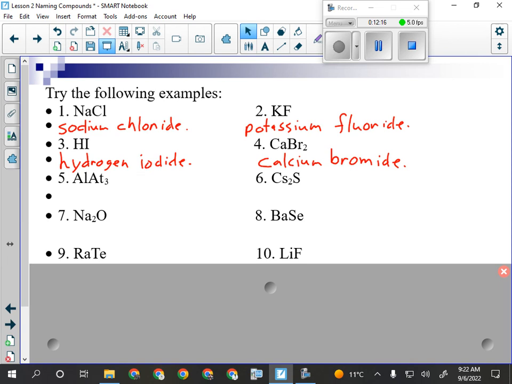Try those ones. Give you a few minutes and we'll go through them together. Let's have a look at number 5. How many people are done, let's say, up to 10? Okay, perfect. All right, so number 5, we've got aluminum and we've got astatine, which will change to astatide, because that's what we have to do for an ionic compound. So we'll have aluminum